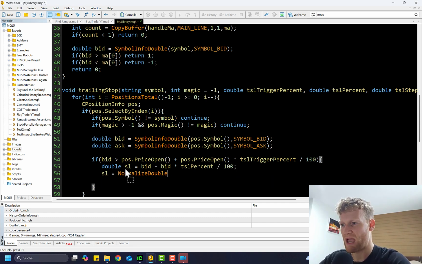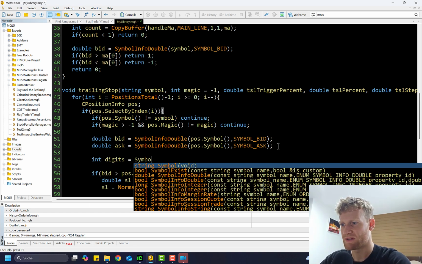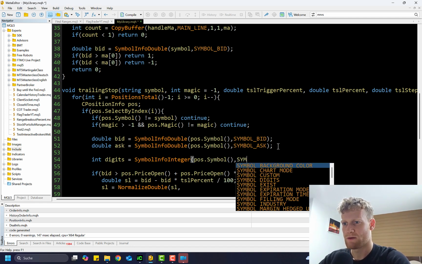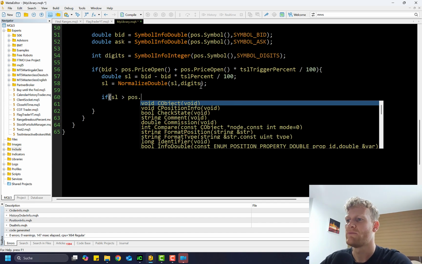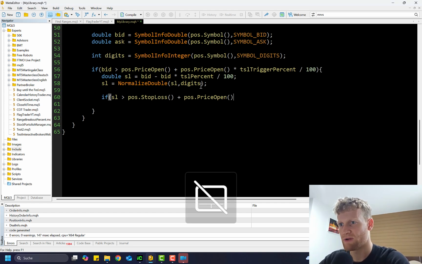And maybe you want to round this also to a precision of digits. And then we should also get the digits here, digits for our current symbol, SymbolInfoInteger, position symbol, digits, like this. So we get the digits here, so we can round this. And then we can check if SL is greater than position stop loss plus position stop loss or position price open. I don't know how you want to do this calculation,